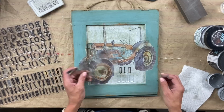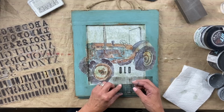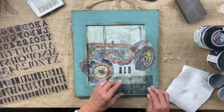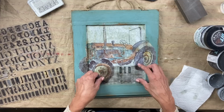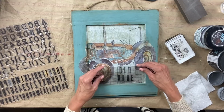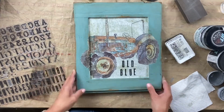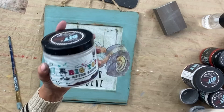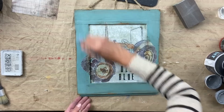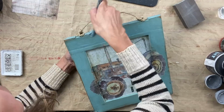And I love how this turned out. I just think that I wanted to keep it simple, but add just something little to it. And I think I hit it out of the park. I love it, and I am definitely going to have it available either in one of my booths or at Cranberry Fest. So I'm going to finish this piece by just clear coating the entire piece with Big Top,